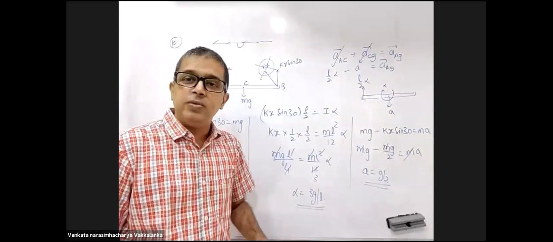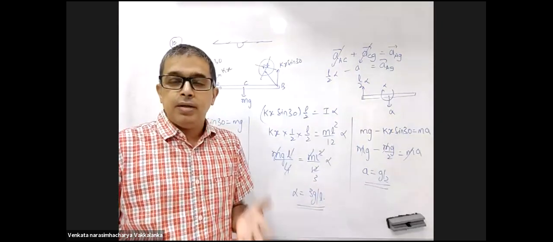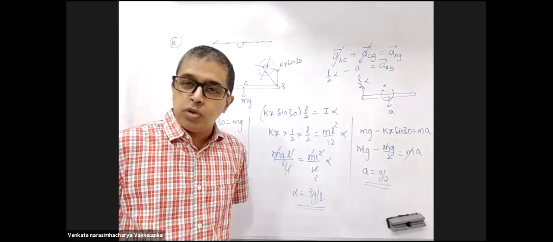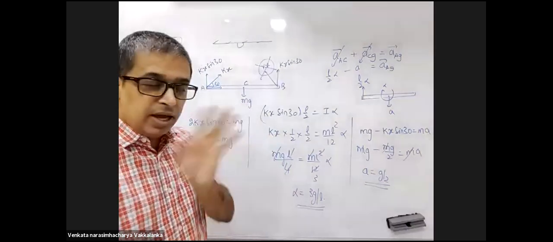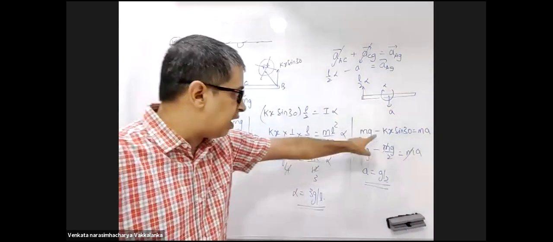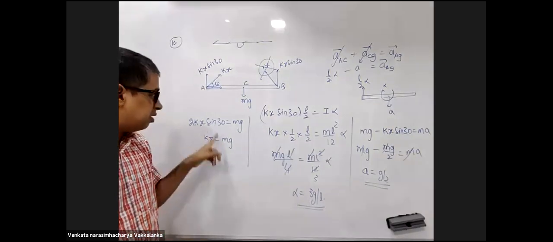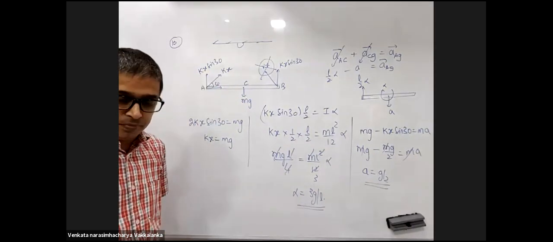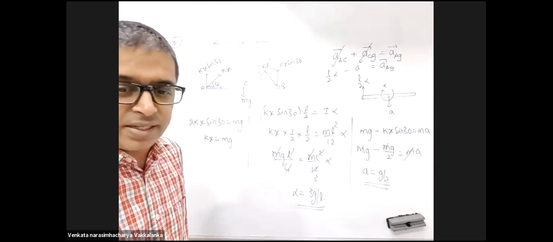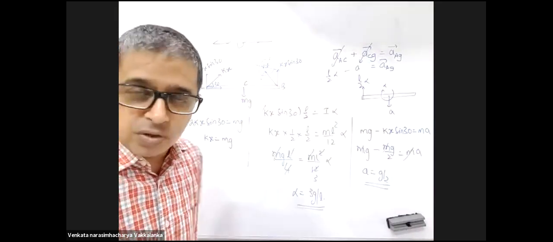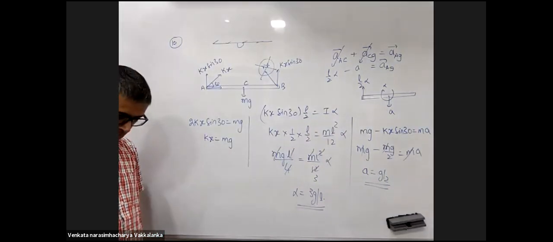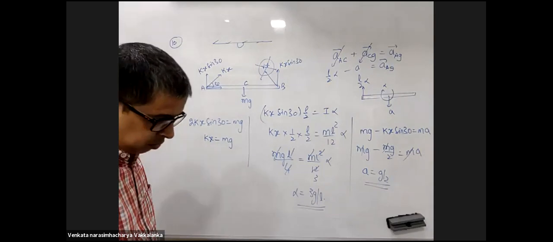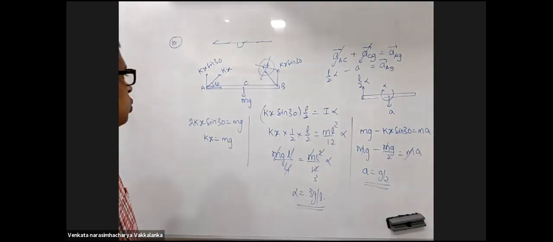The definition of a spring is it's a shock absorber. So at that instant, x will not change, so kx will not change. So I am taking the value of kx as mg only, the one which I derived when the system is in equilibrium. Till x changes, kx does not change. So there is no horizontal acceleration of A, right? There is no horizontal acceleration of A.